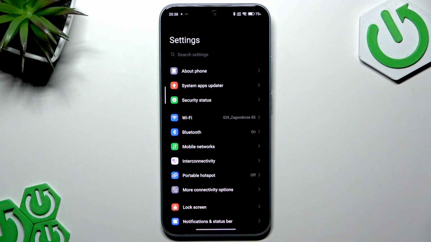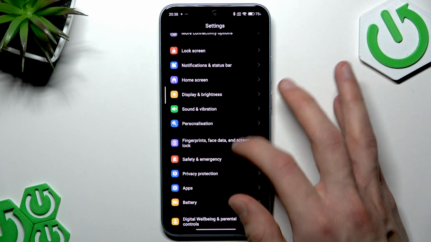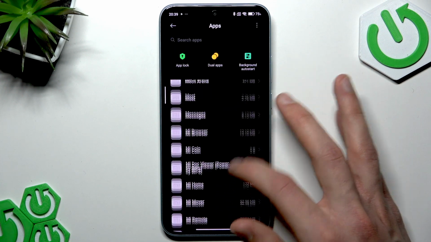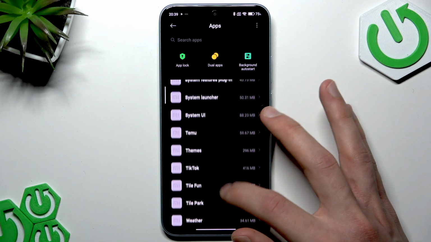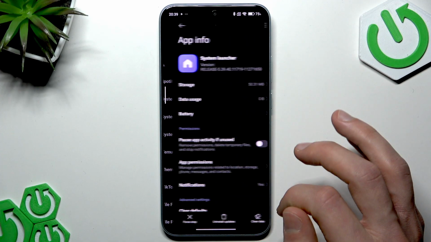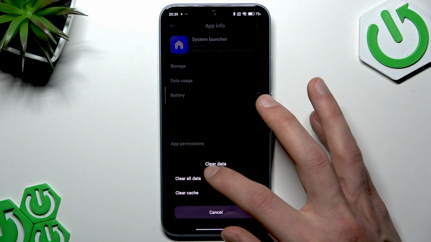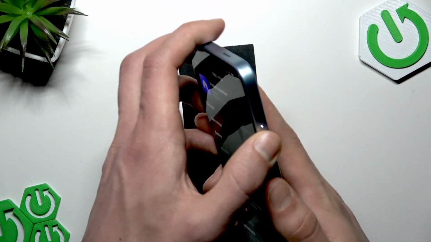And if this didn't help you, then you should go to Settings, then in Settings open the Apps menu, and then in Apps find System Launcher, go to System Launcher, select Clear Data, select Clear All Data, then OK, and then just reboot your device by